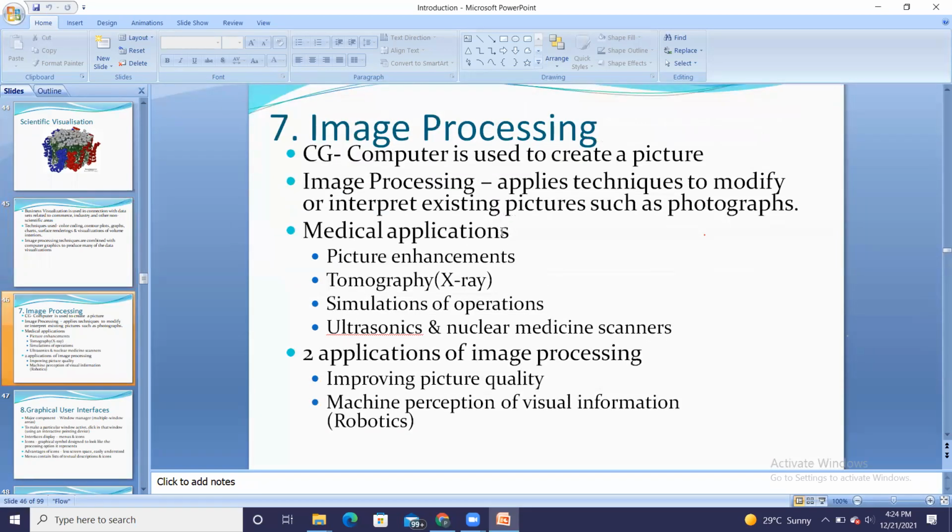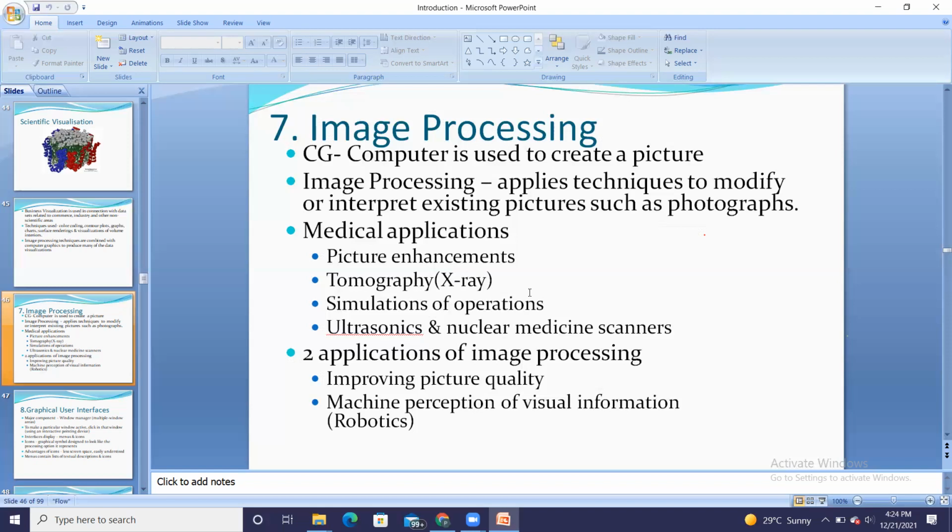Okay, so the next application is image processing, where creation of pictures is there. Similarly, we can have modification of the picture as well, and comparison of pictures. The medical applications include picture enhancement, that means we can enlarge the picture to see the minute details. Then we have the X-ray, that is tomography.